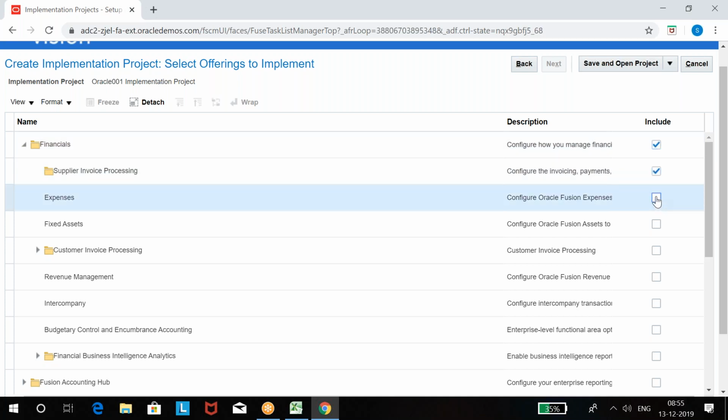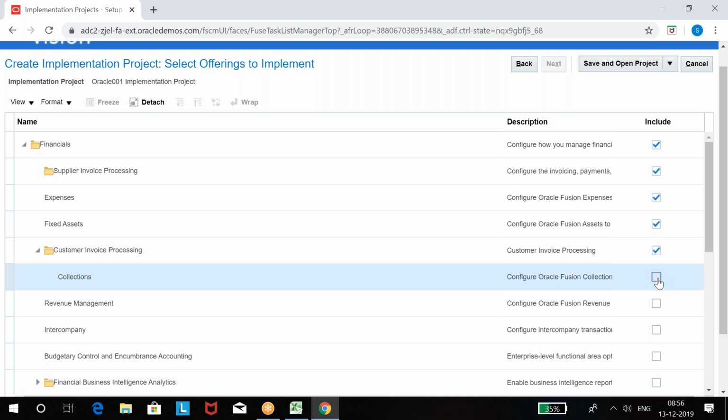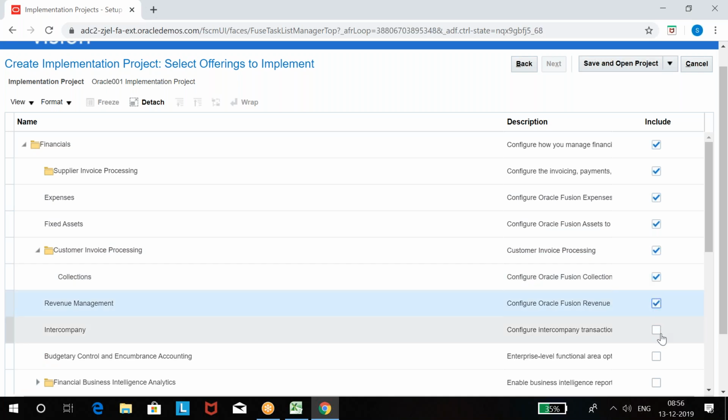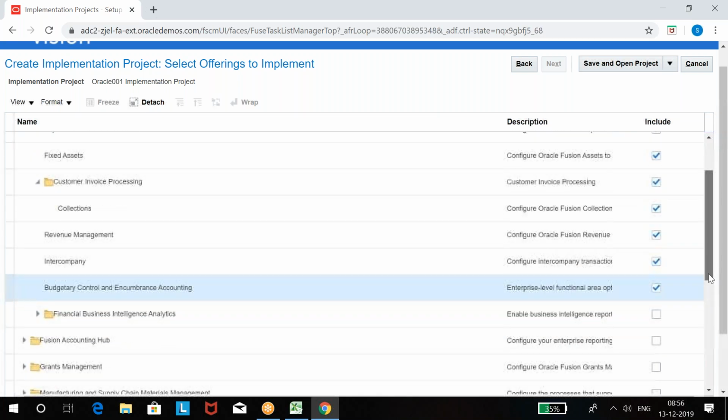So all related to finance you need to enable. Let's say I don't want to use expense, then don't enable. Or I don't want to use fixed assets, don't enable. Then you won't be able to set up the fixed assets module. Got it? If you don't want to use assets, don't enable this option. For this training, we are going to work on everything. Let us enable all related to finance.